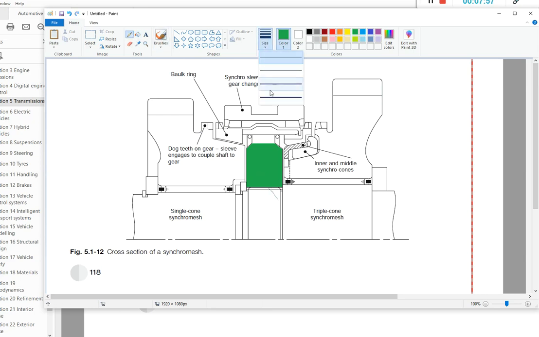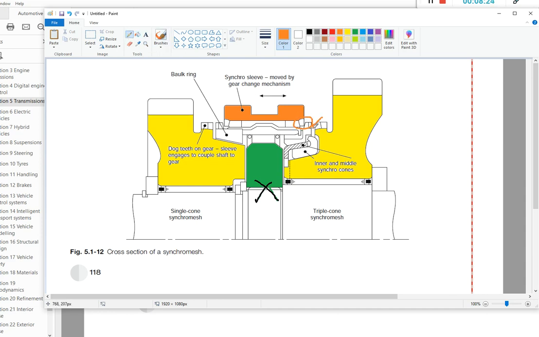It's attached to the shaft here, and then to engage one or the other of these gears, so I have gear 1 or the other gear, I need to move the synchro sleeve until